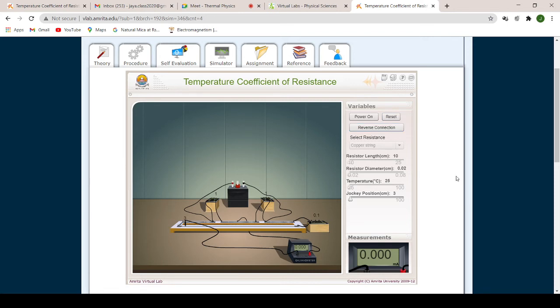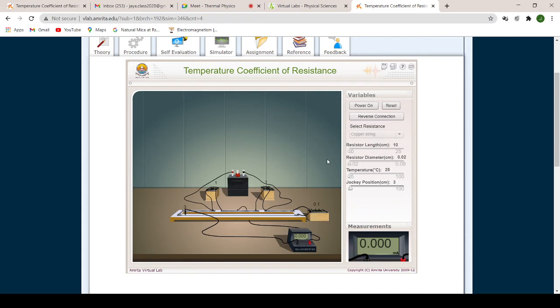Can you see what change has come? Are you able to see? Yes, ma'am. So here, the fractional resistor has moved onto the right and the copper strip has moved onto the left side. So now this is your reversed connection, and the balancing length that you are going to find from here will be your L2 dash.